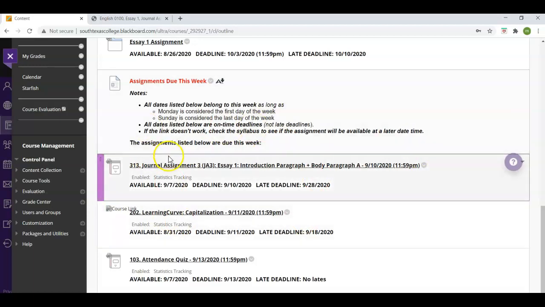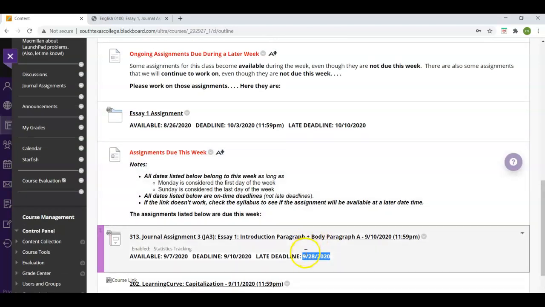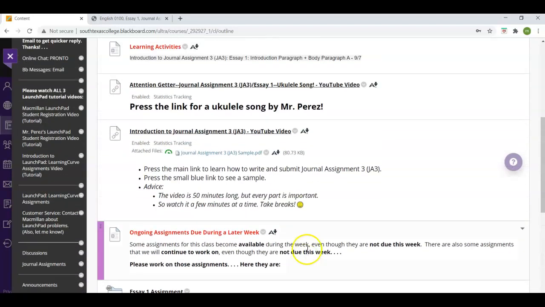Now, the reason I mention this, and notice, there's when it becomes available, the deadline, really the date I expect you to turn it in. But then there's some days of late allowance. I don't take points off. I want as many people as possible. I want everyone, right, to turn it in. And this probably makes it possible for most, or maybe I hope all people, to turn it in and to get feedback from me. But what I want to refer you to is this